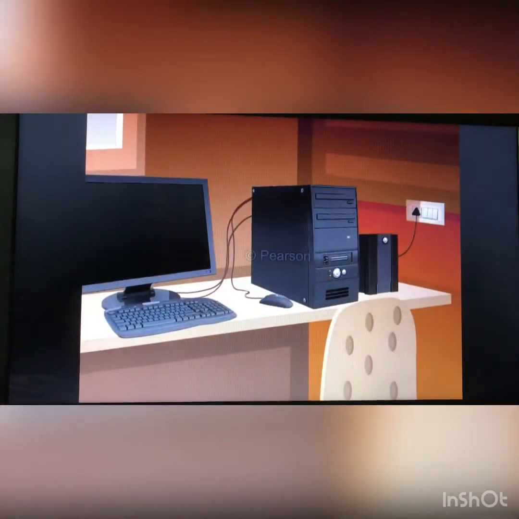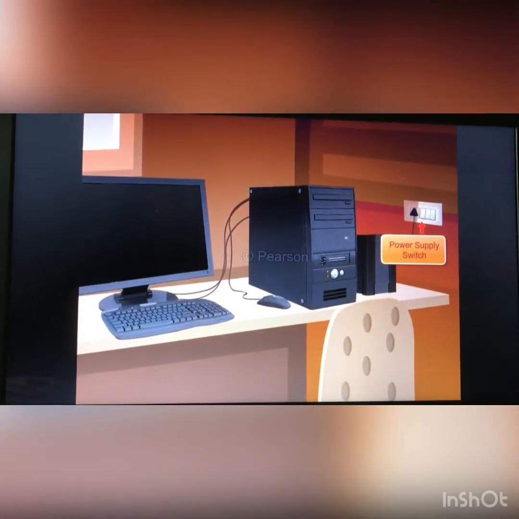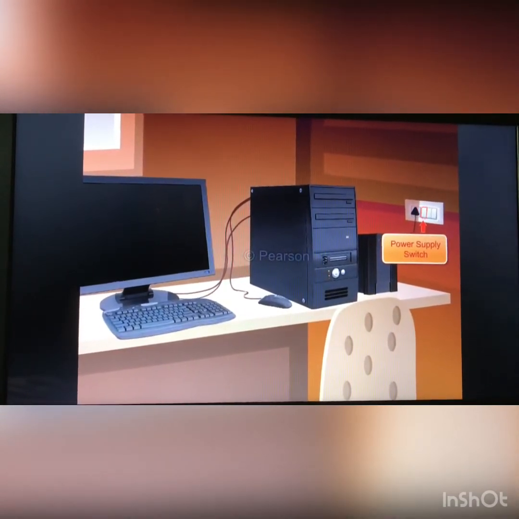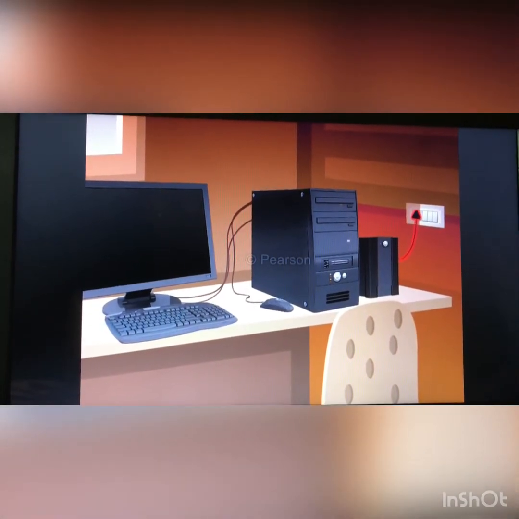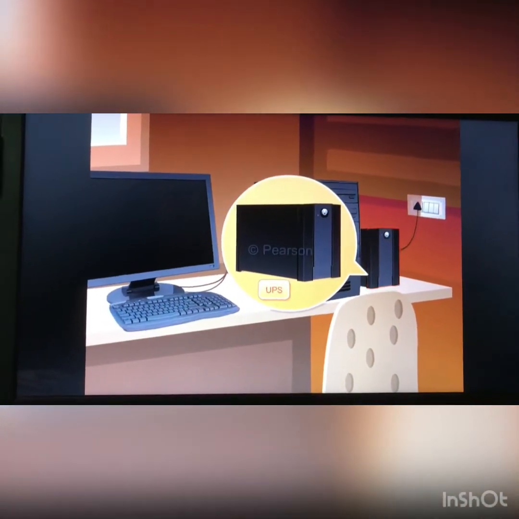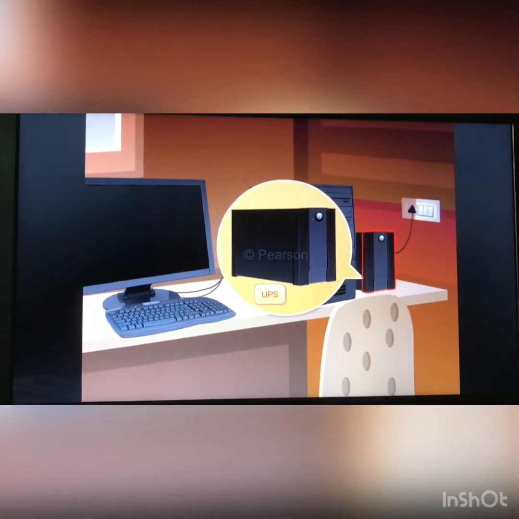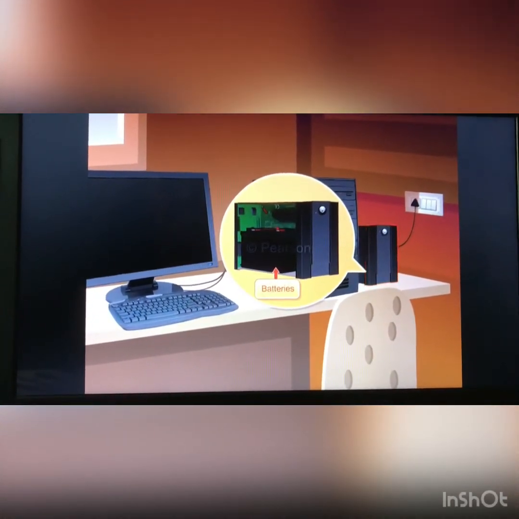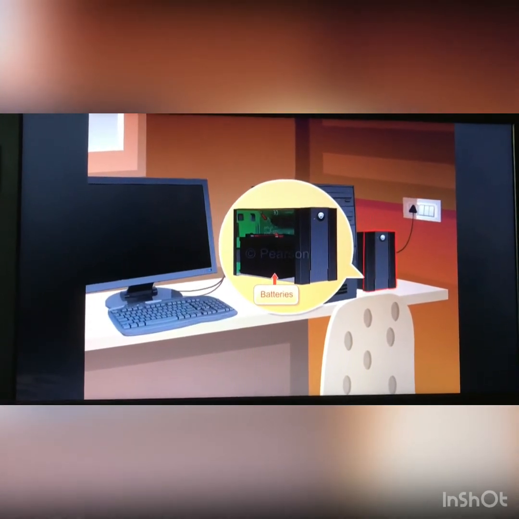The switch next to the socket on the wall is the power supply switch, which supplies power from the mains to your computer. This power cord leads to a device known as the UPS or uninterrupted power supply. It has a series of batteries that provide power to your computer when the power supply from the mains fails.